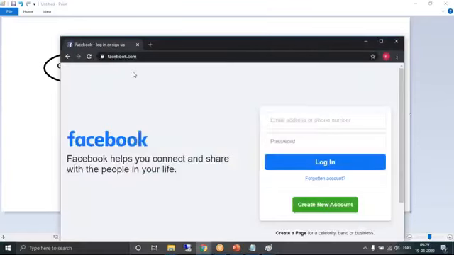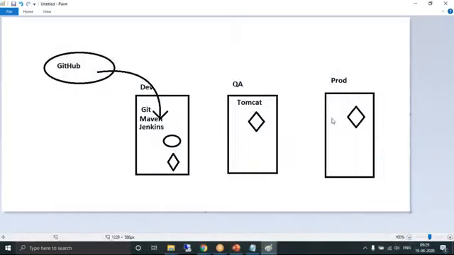I'm opening facebook.com and getting a page. From where am I getting the page? From the web server. It could be Tomcat. Facebook may be using Tomcat or WebLogic or WebSphere, whatever it is. So if you want to access an application over the browser, you need to have a server. That's the reason we need to install Tomcat infrastructure, and then we deploy it so that the testing team will have access, and then it gets executed. Got it?